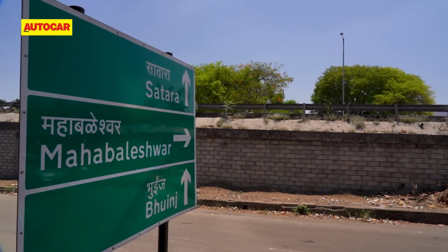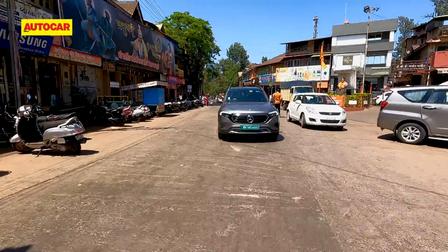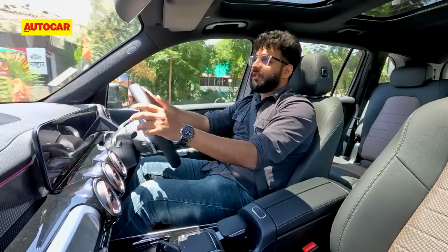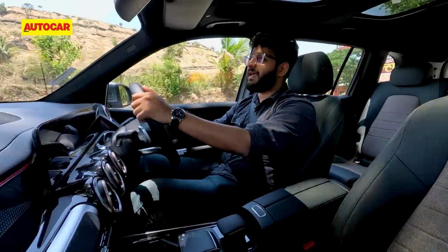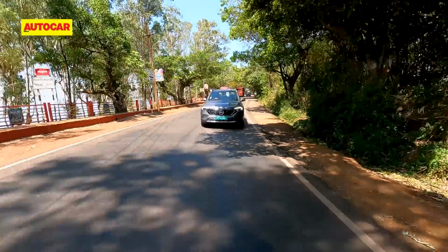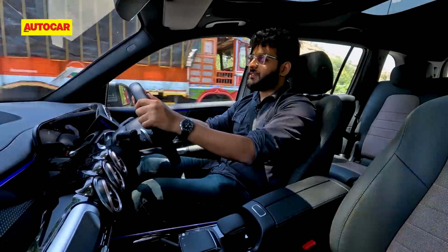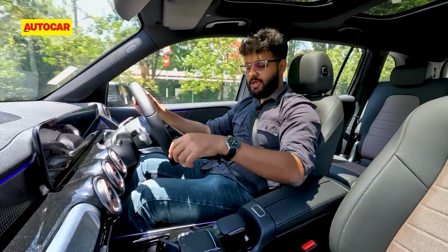We got off the highway and turned right to Mahabaleshwar onto even narrower and busy roads. Now, the other advantage the EQB has is that it's not too wide, it's not humongous in size. Even though it is a 7-seater SUV, it still is quite manageable, and especially on these narrow roads, it is definitely an advantage. Now, Mahabaleshwar is just under 40 kilometers, and well, I have 76% of range, so that's plenty,